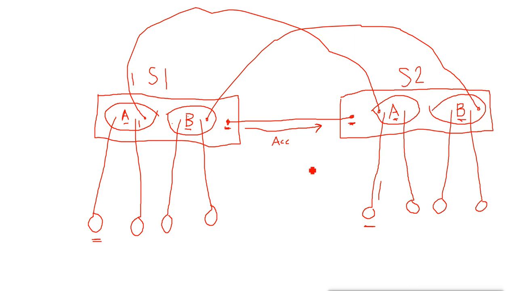Now, when we convert this link into a trunk, then what happens? This port will become a member of all the VLANs we have on this switch. That means we have VLAN A and B on this switch 1, so this port will become a member of these two VLANs, or any VLAN we have. That means if any data comes for or goes from this VLAN, it will also go to this port.